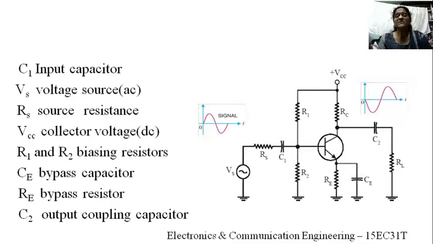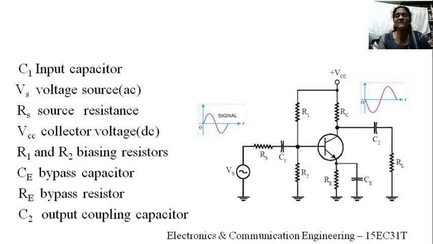So what happens if the operating point shifts? We know that the operating point for this circuit is fixed in the middle of the active region, right? Due to temperature, if the biasing is not proper, the operating point may shift towards the saturation region or towards the cutoff region. For this amplifier, the input signal is a sinusoidal signal. The output is also a pure sinusoidal but with 180-degree phase shift because it is a CE amplifier. We get the undistorted amplified signal there.